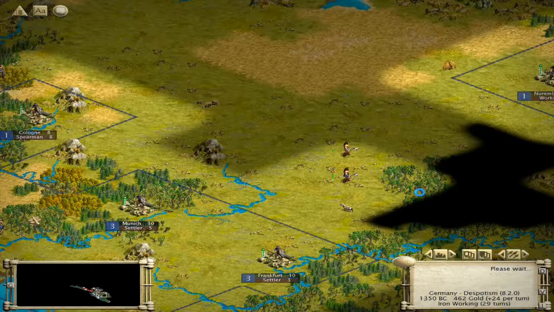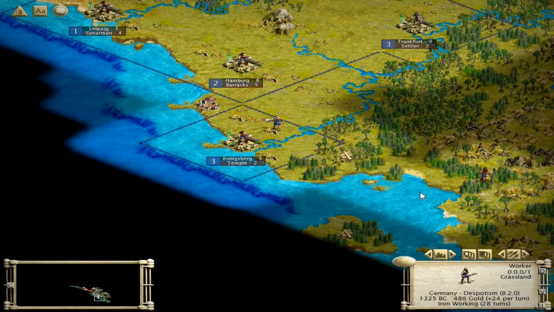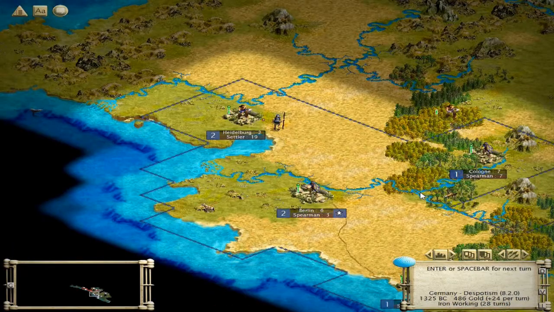Ironworking 29. We got lots of gold now, so let's see if we can get... let's just go down here. Let's see if we can get warrior code from somebody. I'm going to put you there. You're a free city, so why not? Not my first choice, but...